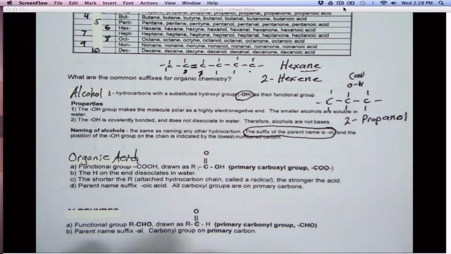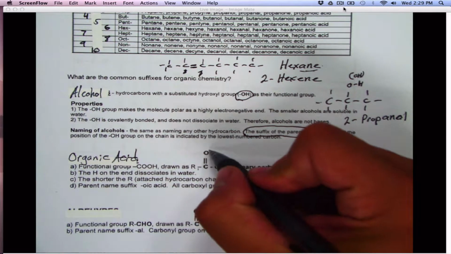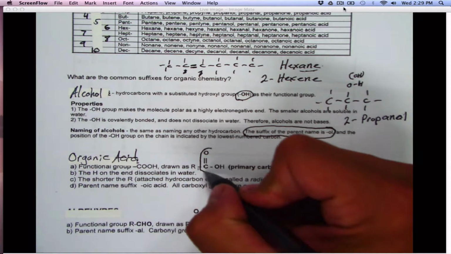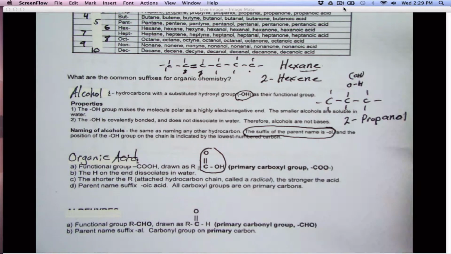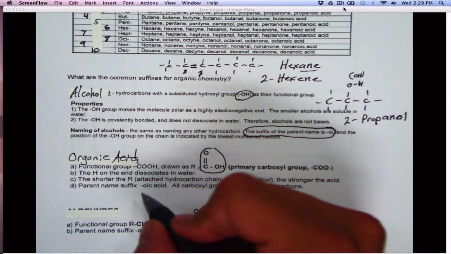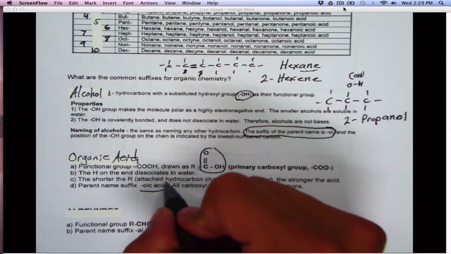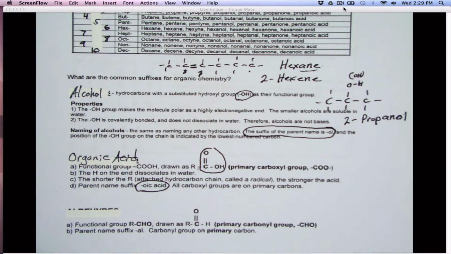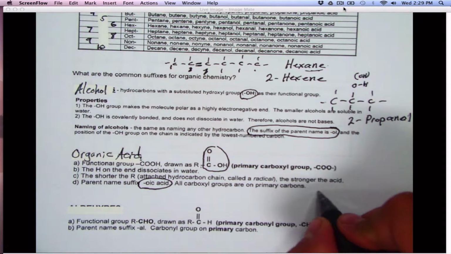All right, here is your quick naming deal. Here's what you're kind of looking for in a molecule. Let's see if it's an organic acid. You're going to change the ending to oic acid. That's all I really have to do. You just have to name it and change your ending to oic acid. So let's say we have